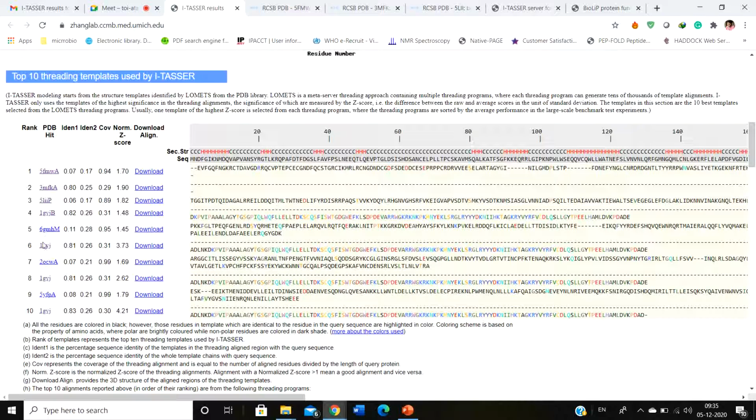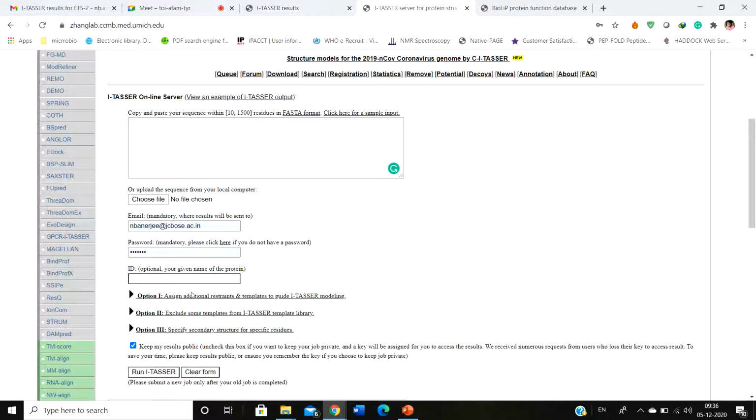And like this, if you simply click on everything, you are going to get an idea about which type of PDBs they are using. And if you are not satisfied with the PDBs that they have used, you can always initiate a second run while excluding these PDBs. We had an option, right?